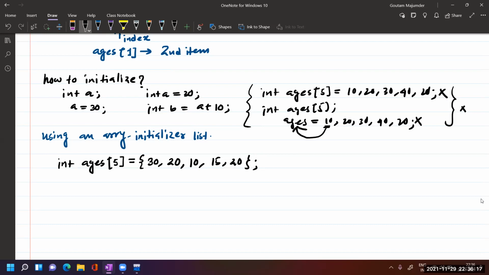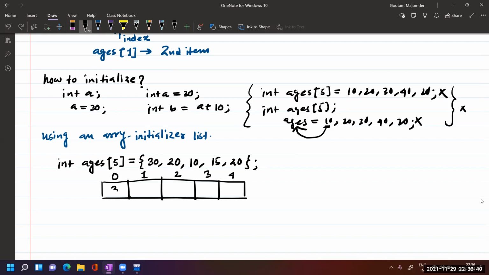Correct. Now how does the array look? If I draw the array, how many items? 5 items. So first, 5 continuous blocks, their indexes start from 0, then increase by 1, and the highest index will be the number of items minus 1.